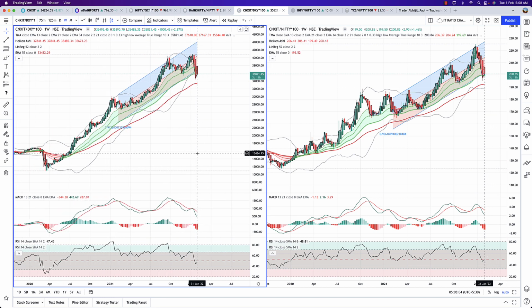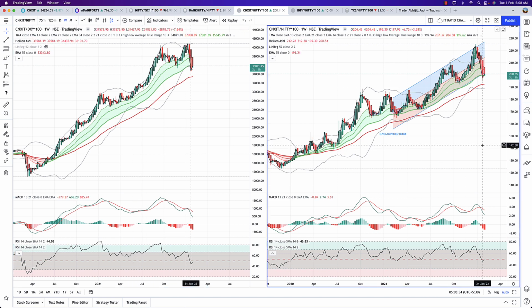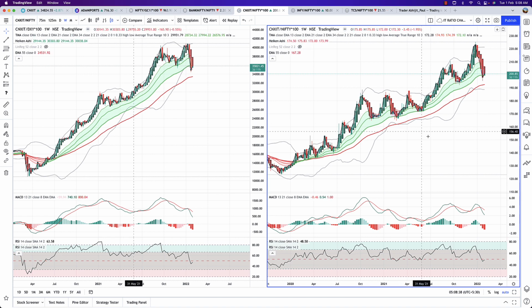By the way, on my chart, what I have is a simple EMA and 14 period RSI. I have my usual 13, 21, 34 EMAs for the short-term trend, and then I have this red line, which is a 55 period EMA on the weekly time frame, essentially looking at a yearly average, and I have the linear regression of the last 52 weeks, which is a yearly slope. Now the linear regression will help us when we go to the stocks. It's maybe not so useful when we are looking at these two charts, but yes, you will notice the difference when we go to the stocks.